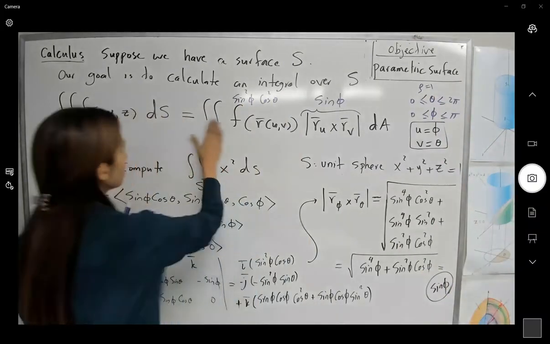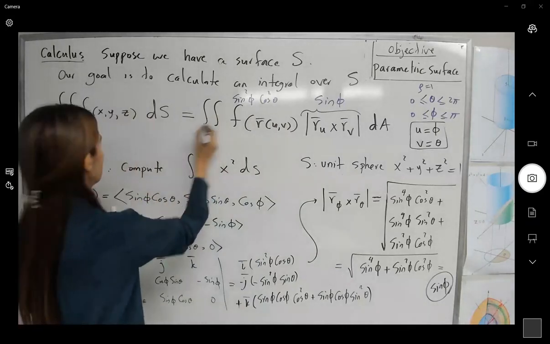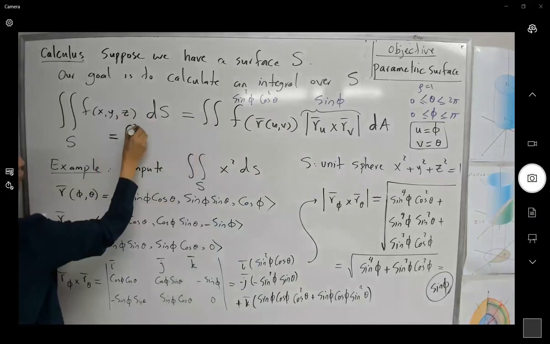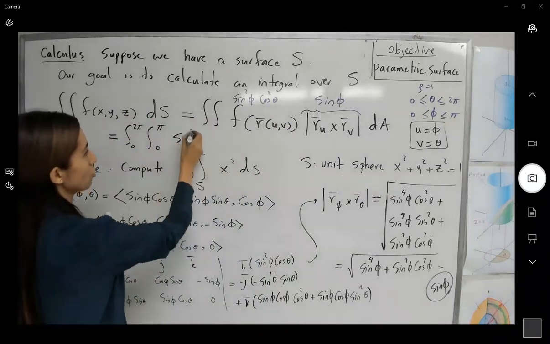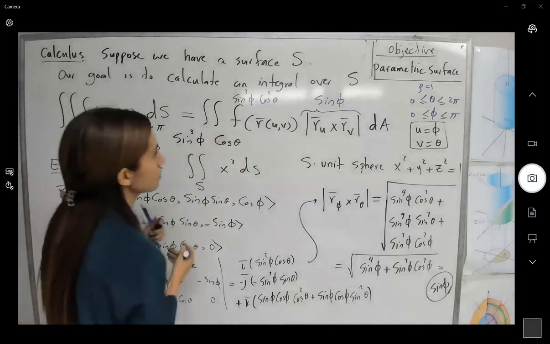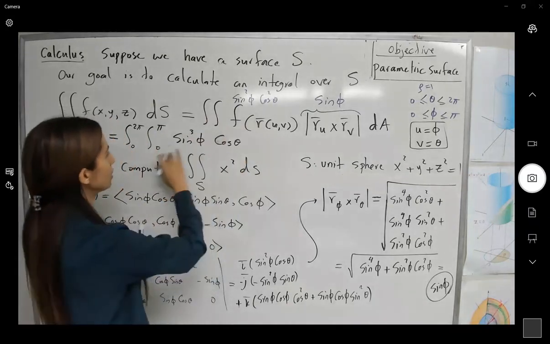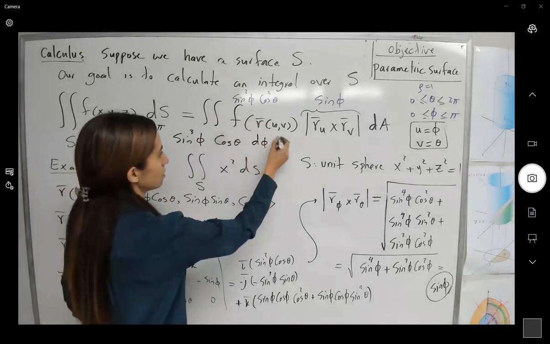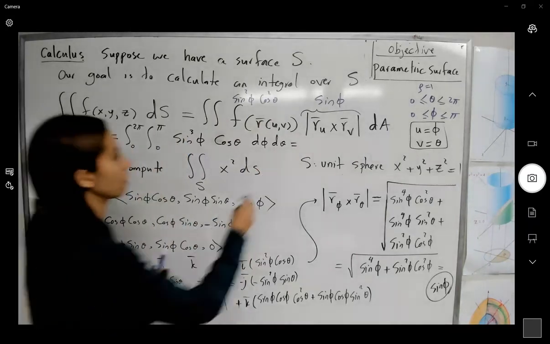So this becomes the double integral from 0 to 2 pi, 0 to pi, of sine to the third phi cosine squared theta d phi d theta. Here we get, and if we do the calculation, the final answer is 4 pi divided by